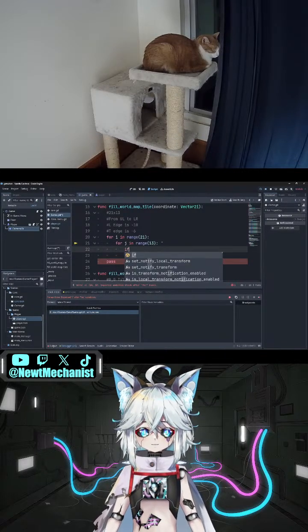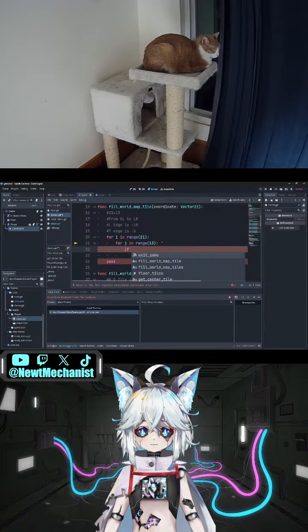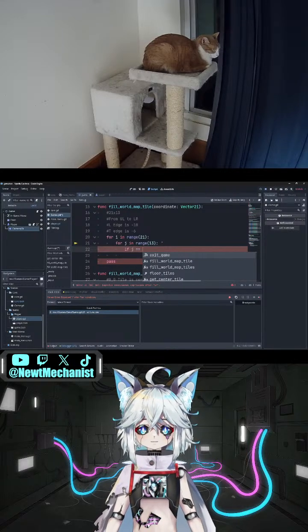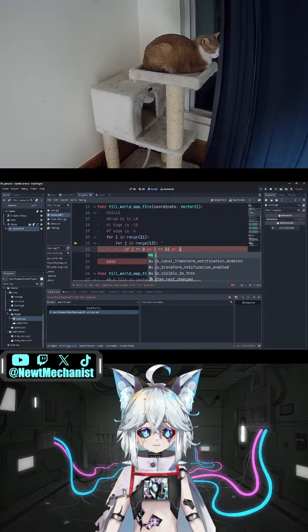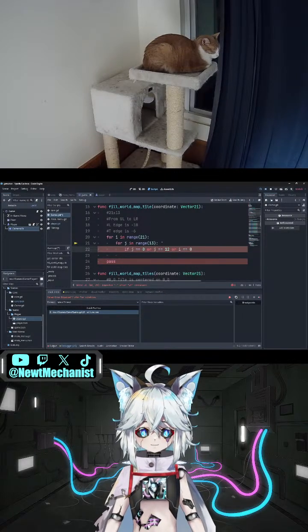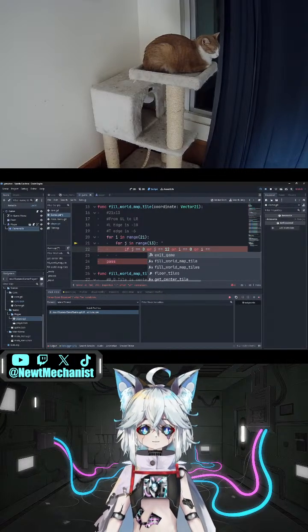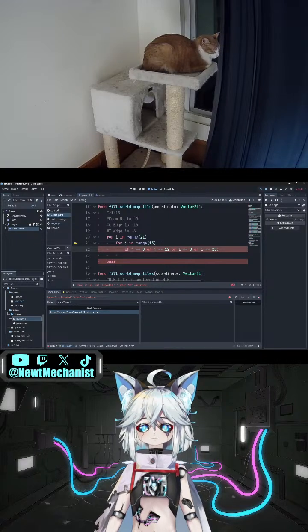So if J is equal to 12 or I equal to 0 or I is equal to 20. It's a terrible switch, but